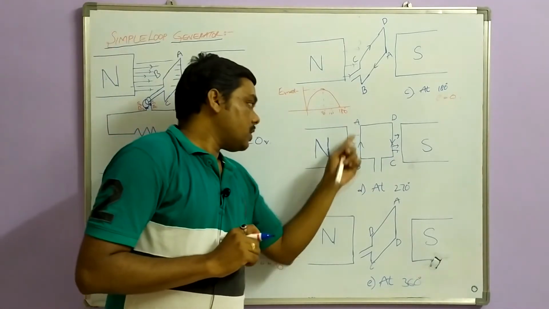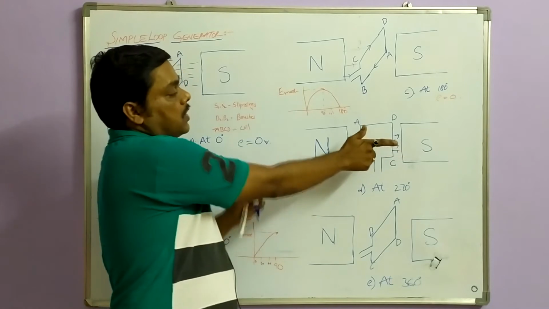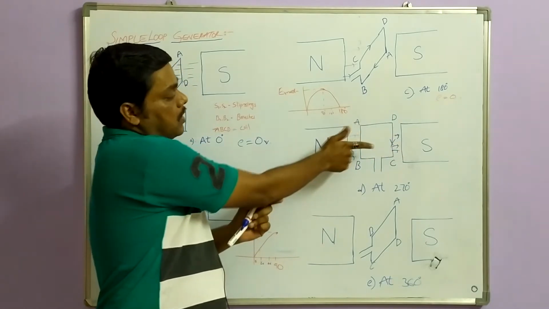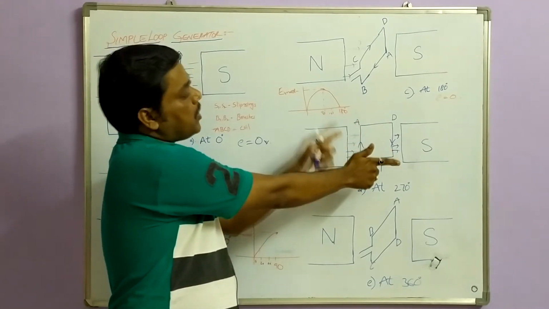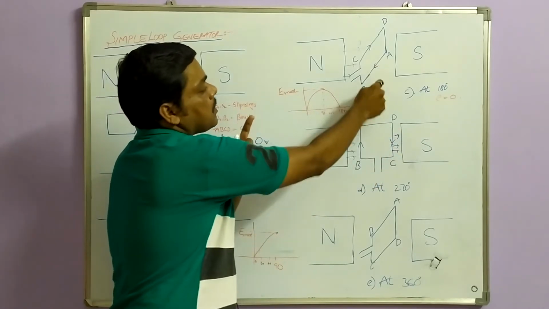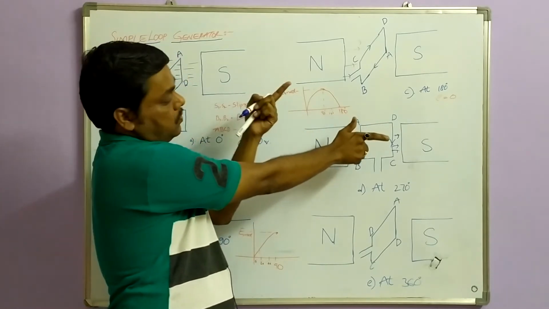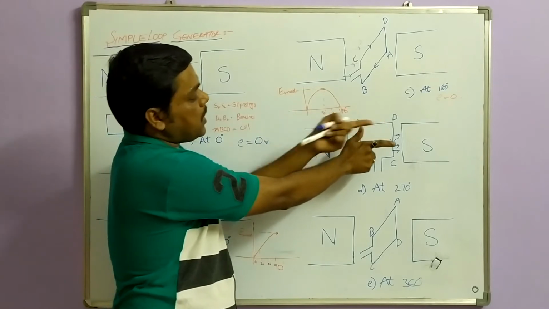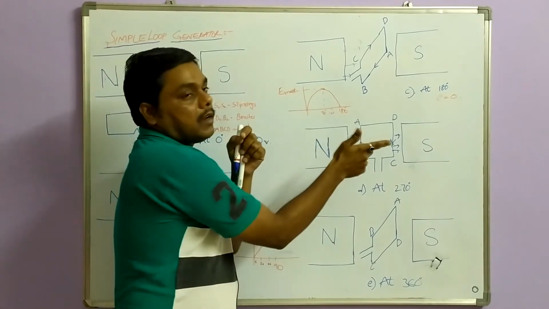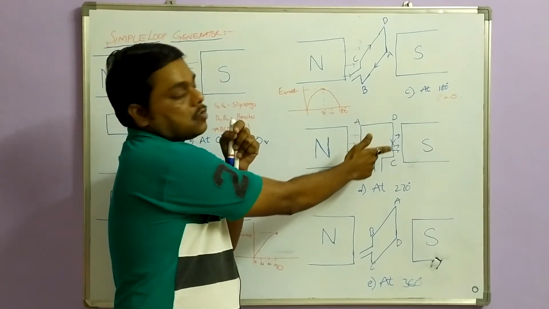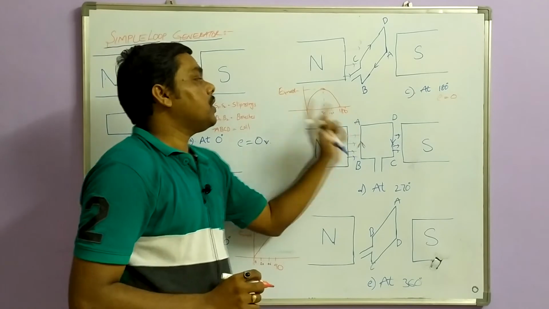Now you see the direction. Your AB conductor is under the N pole. As per Fleming's right hand rule, you place your forefinger parallel to the flux direction, and this coil is coming in the upward direction. You see here this AB conductor is moving upward. So what is the direction of force? Upward. So force is upwards, flux direction is parallel from north pole to south pole. And what is the direction of current? It is again entering into this plane. So I am giving this current direction as B to A.